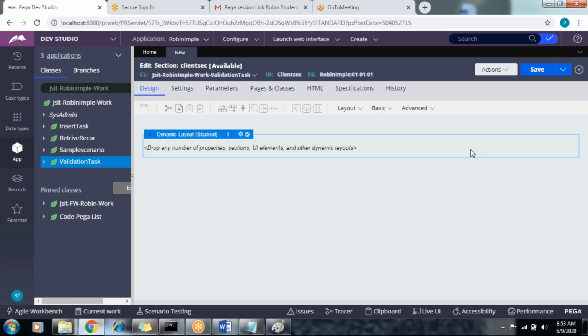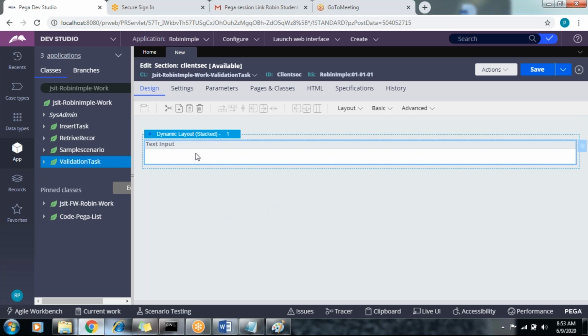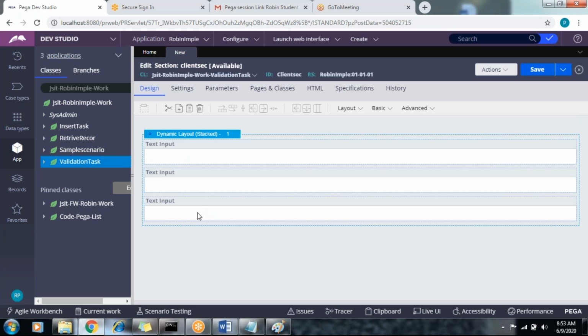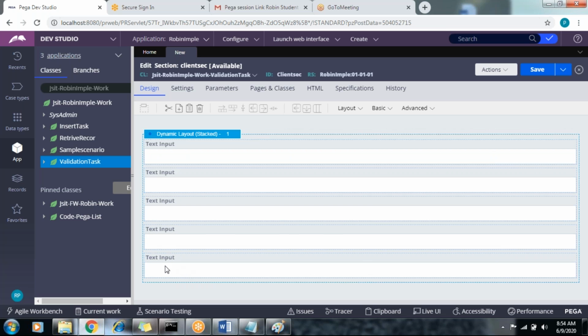If you want to include the property, you can take the text input and call the properties here.